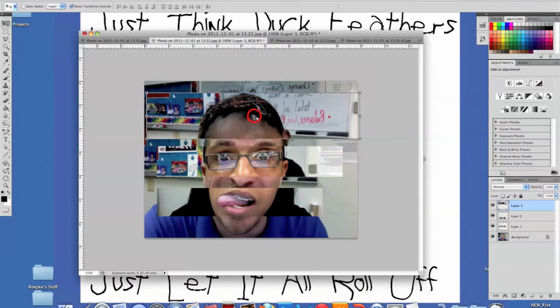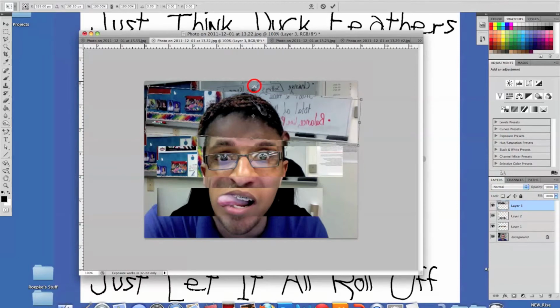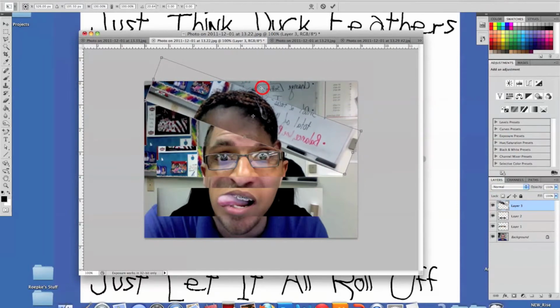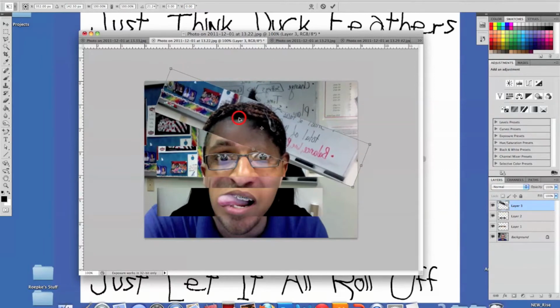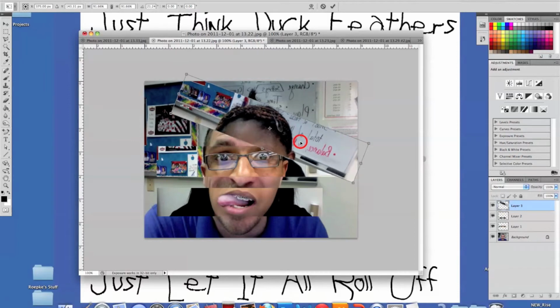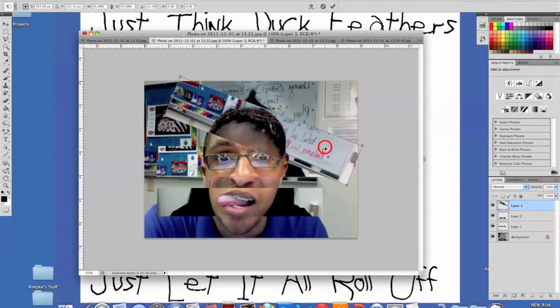So this little crosshair right in the middle is a point of rotation. If I go above the image, you'll notice that my arrows will turn into a double arrow. That's the rotation arrow. Now if I hold down my left click, I can rotate her head so that it matches up with mine. It's a little bit big, so I'm going to go to the corners. I'm going to hold down Shift to maintain the aspect ratio. I can match her ears up and her head,